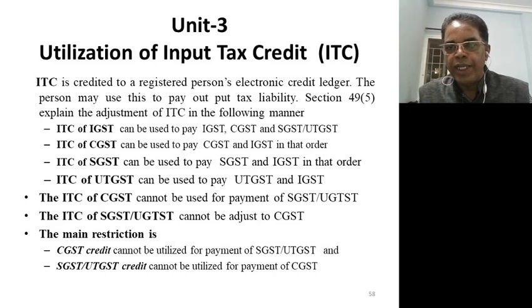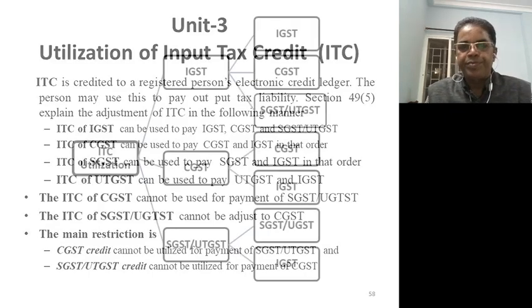How much due is there? IGST 8,000. You paid the 8,000. How much is the surplus of CGST? 4,000 is the surplus of CGST. But this 4,000 we cannot adjust to the SGST. Similarly, SGST surplus we cannot adjust to the CGST. The cross adjustment is not possible for adjusting ITC.